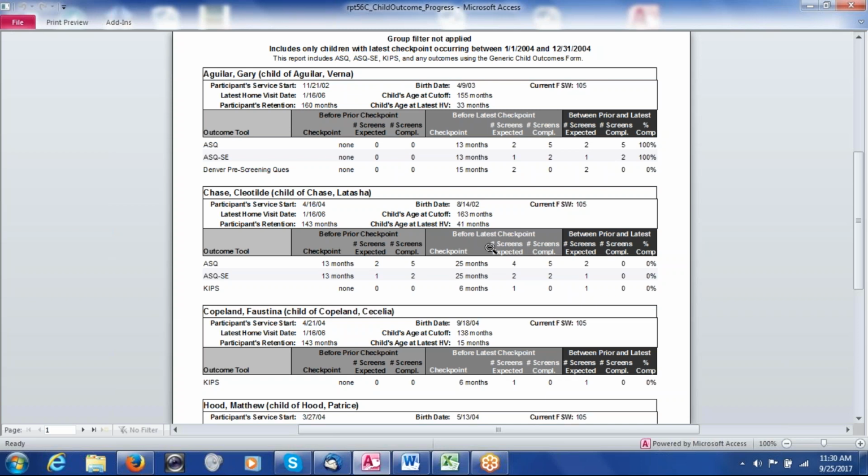And then before the latest checkpoint, that would be something that this child would have been at 41 months, would have had a checkpoint at 37 months for the ASQ. So the prior one would be 25. And then the current one, the latest one would be 37 months. So this would be between 25 and 37 months. That's the last column. So a little tricky to interpret,